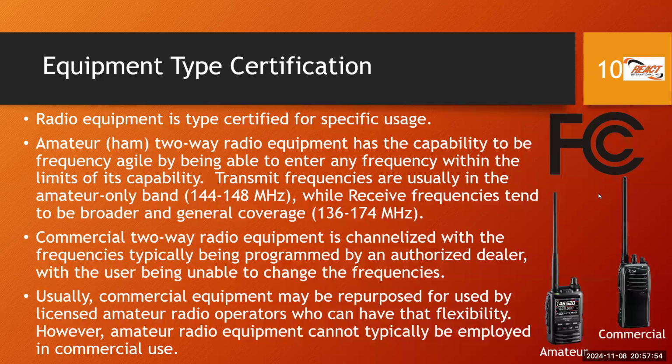They also, I think, depend quite a lot on FCC type certification. When you want to bring equipment in, for example, they will look to see what it is type certified for. So the second bullet point talks about ham equipment, amateur radio equipment, like what is on your screen here. One key difference with amateur equipment as opposed to commercial equipment is that it tends to be front panel programmable, meaning that you can punch in a range of frequency, any frequency that you wish at will.